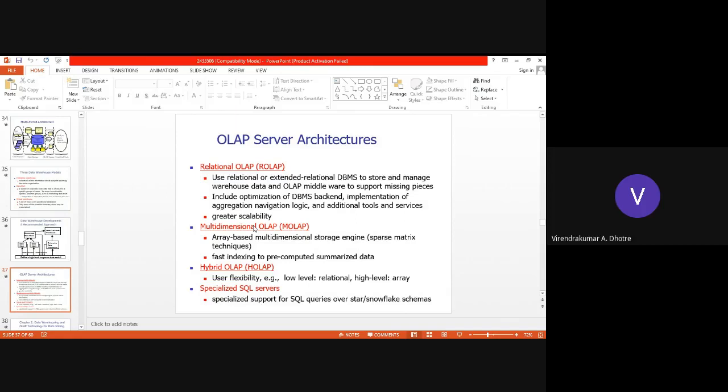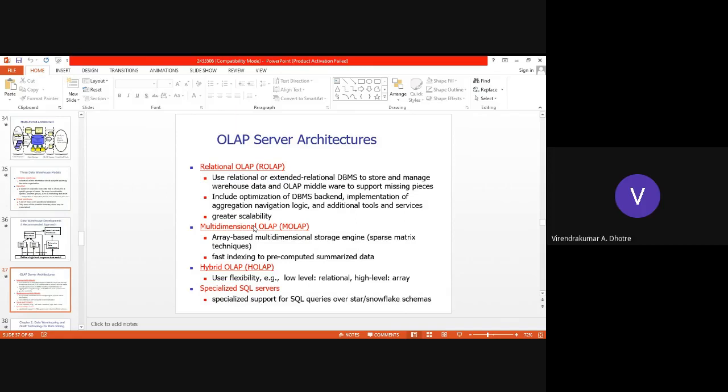It allows you to optimize the DBMS backend, implement aggregation, navigation logic, specialization logic, and generalization logic, and use additional tools and services so that you can store and manage the data warehouse.